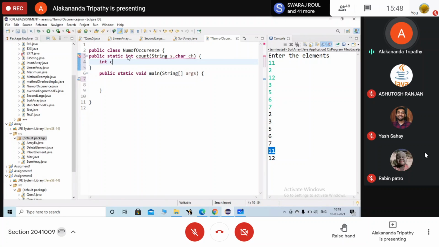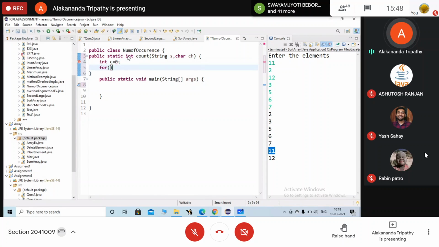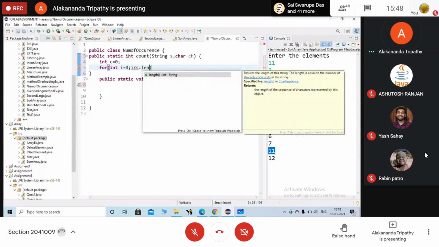So here int c is the count variable. It will be initialized to 0. Then the for loop: int i equals 0, i is less than, here the string dot